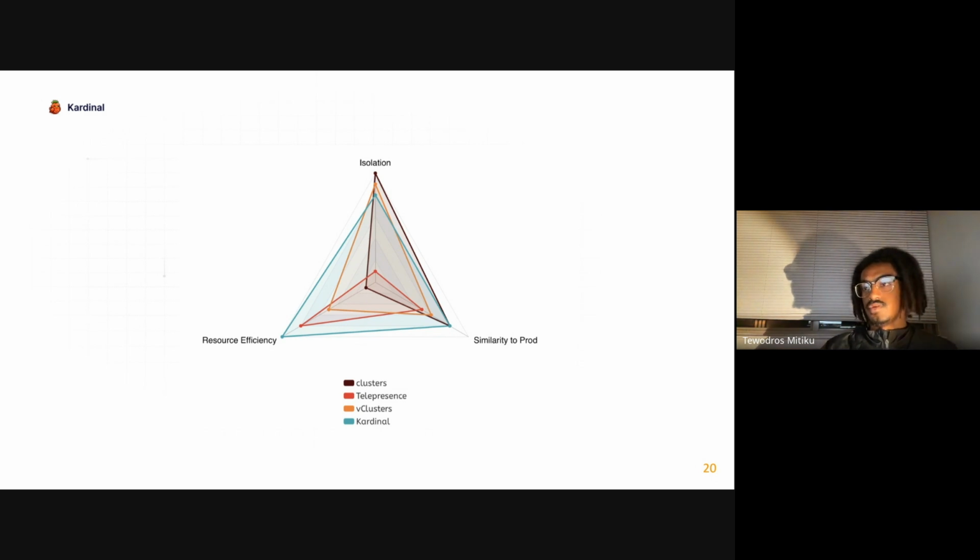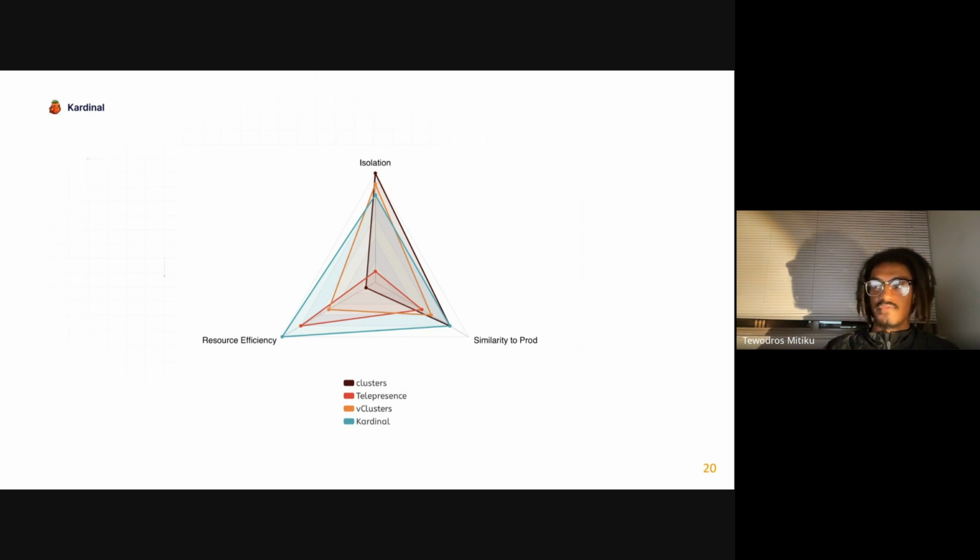Edgy has very kindly created this representation to compare us across some products that you may have heard of that are similar to Cardinal. The first one is the multi-cluster approach that we were talking about at the very beginning of this presentation. With that approach, you get the complete isolation and separation, and the similarity to production, but you get the least resource efficiency.